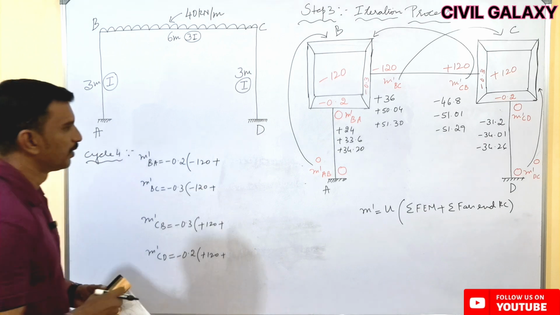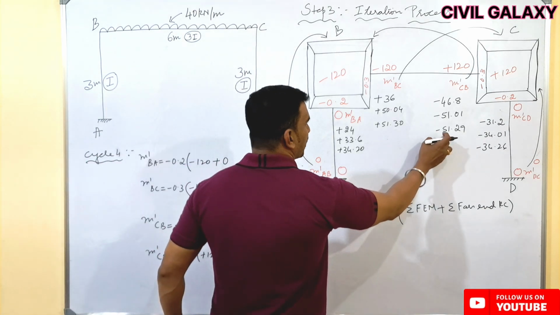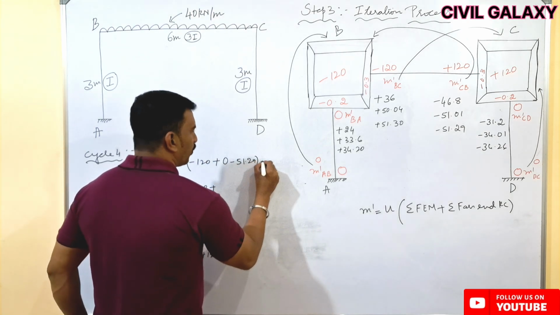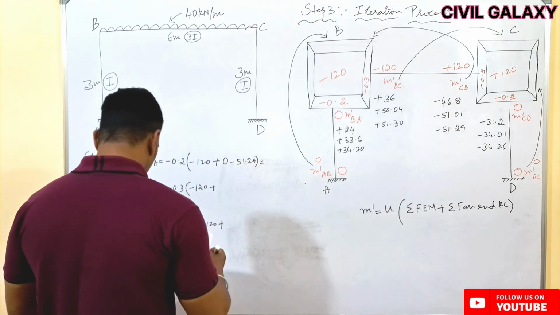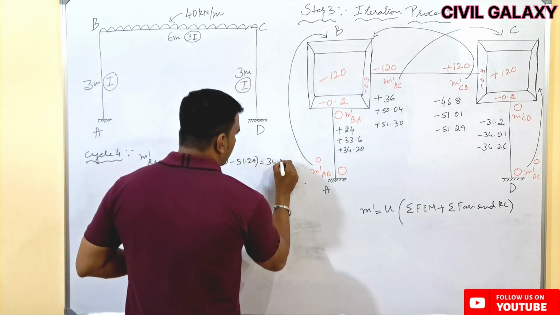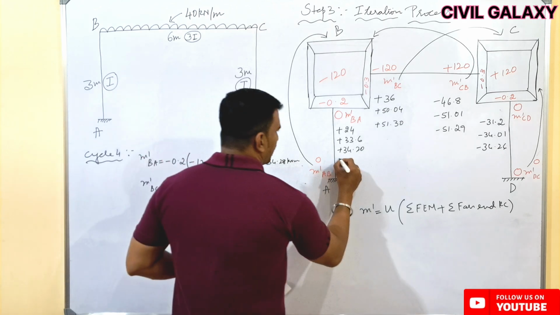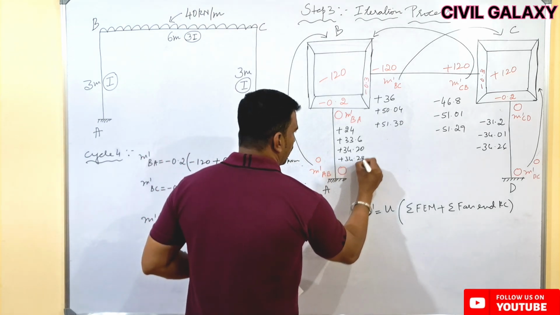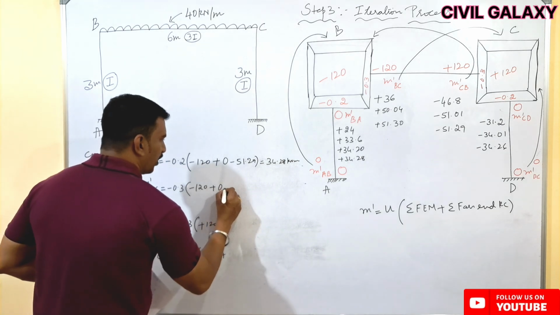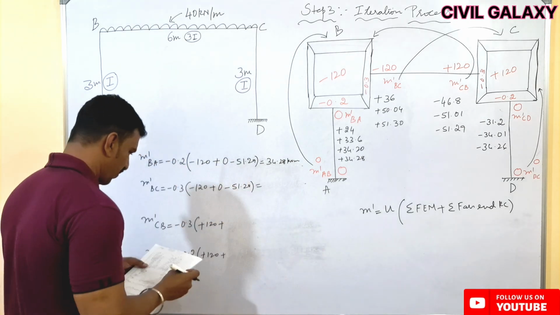See here, this remains 0, and here we are getting a new iteration value, that is minus 51.29, which comes to a value of 34.28 kilonewton meters. So here it is plus 34.28. So here it will be 0, and here minus 51.29, which gives a value of